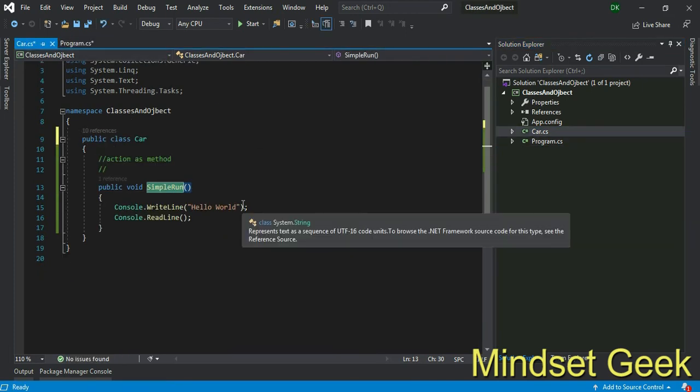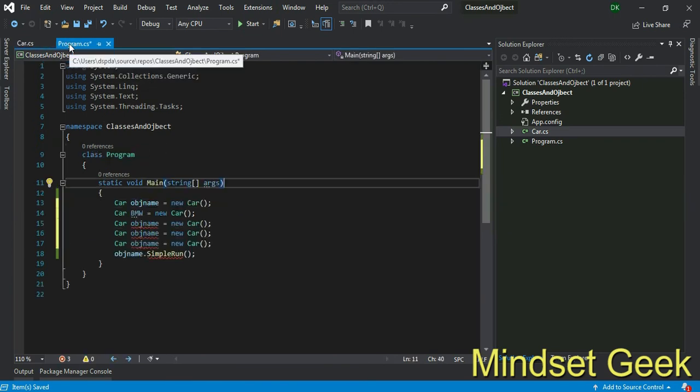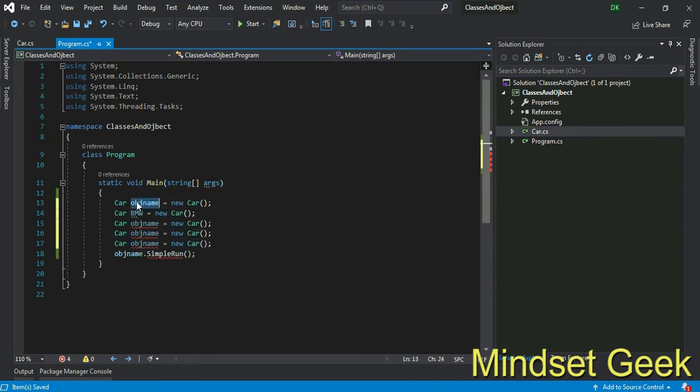Now you can see this is a car, right? This method is the start function. Car start. Now create an object from the car class. All are changed, right?